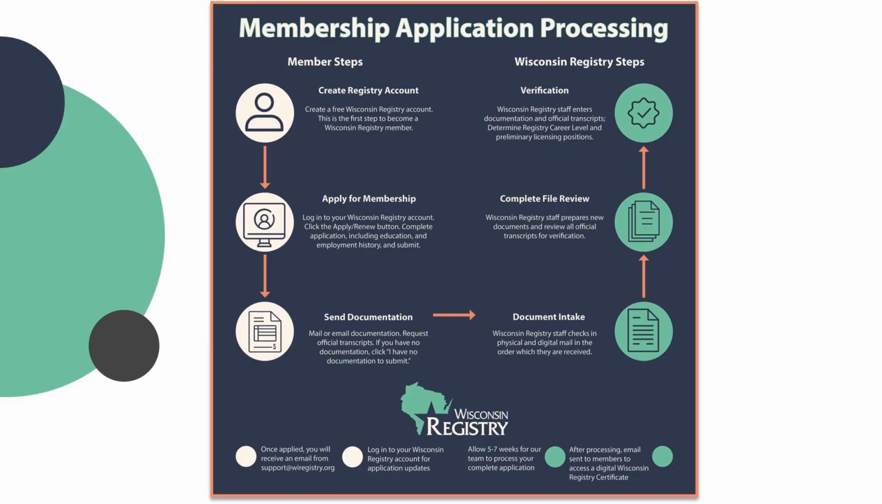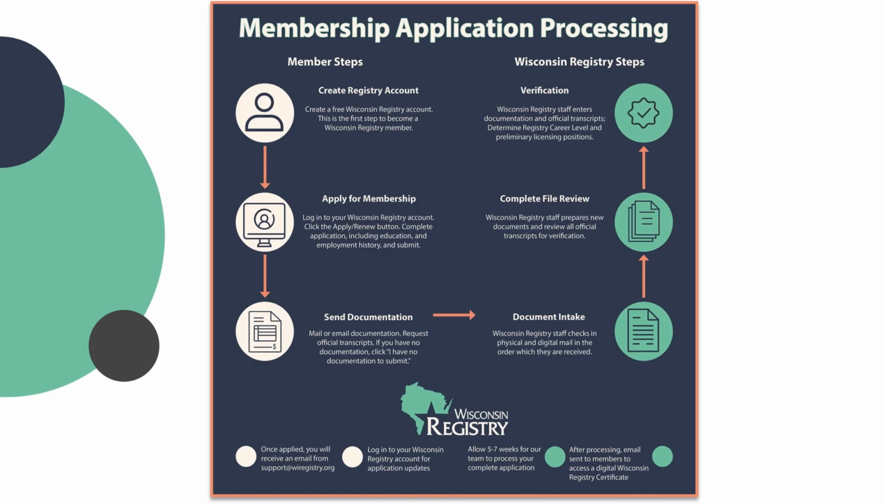You will log in to your Wisconsin Registry account, apply for membership or renew your membership, and then decide if you will be sending any documentation. At this point, it is an incomplete application because we are waiting for your permission for us to make changes to your account. The way to grant this permission is either clicking the I have no documentation to submit button,